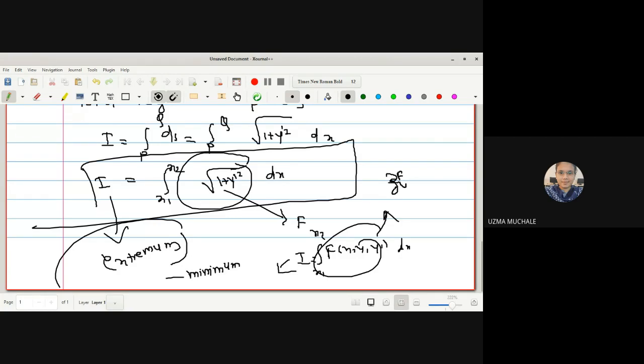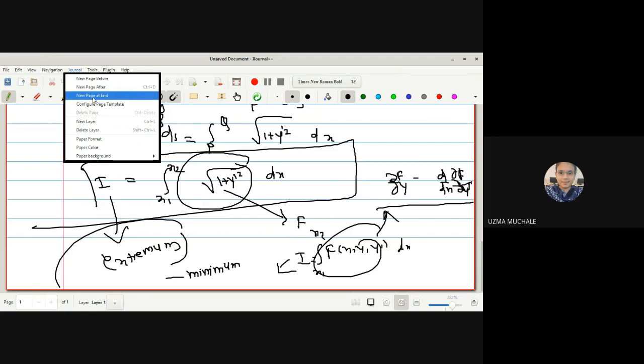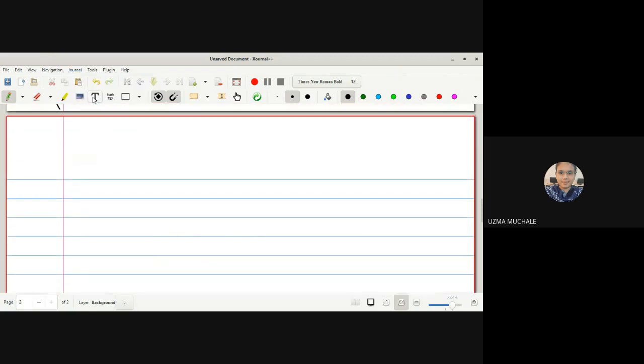∂f/∂y minus d/dx of ∂f/∂y', right? So this is your equation. Okay, now here, what is your integrand f? Under root of 1 plus y' square dx, leaving that aside, whatever remains we call the integrand, correct? Now by using Euler-Lagrange's theorem, for I to be minimum or shortest distance, the integrand f